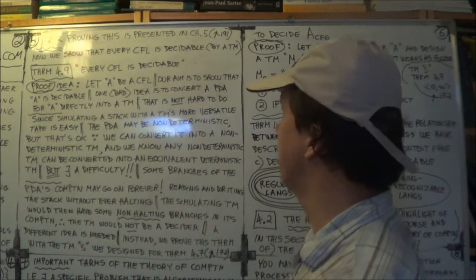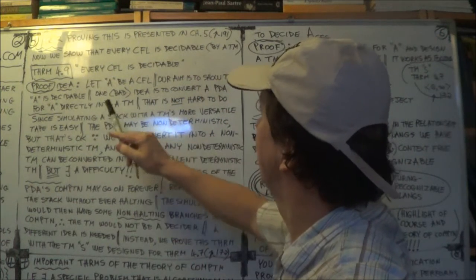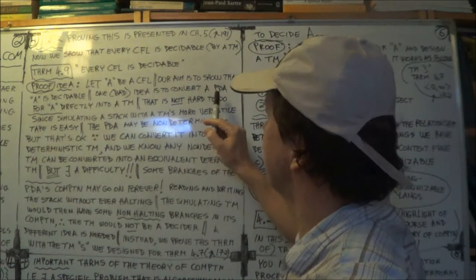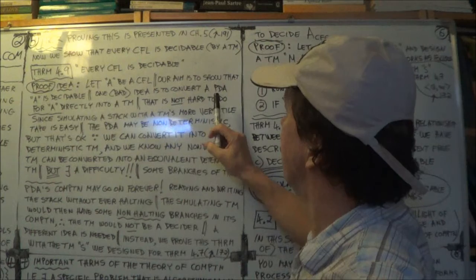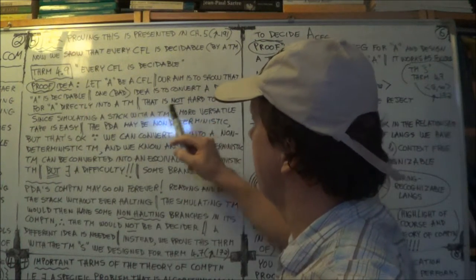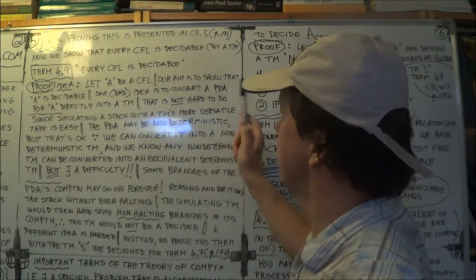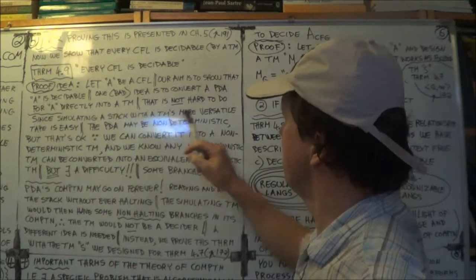But hold on, there are a few more comments. Okay, so convert your grammar into a PDA, and then your PDA into a Turing machine. Okay. Now that's not too hard to do, because simulating a stack is pretty easy, because a Turing machine